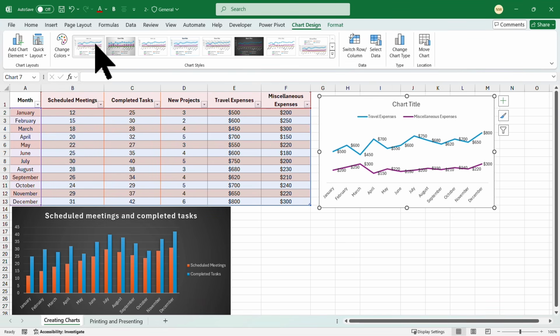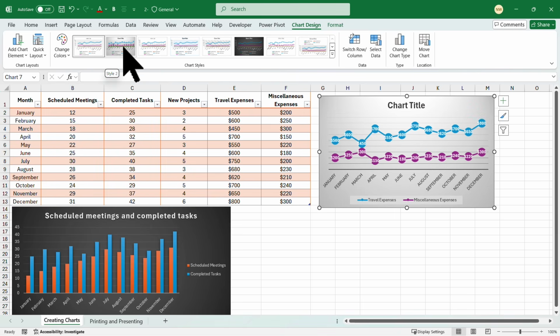And I can go ahead and give it a quick style as well. I can even change the colors. This one looks pretty cool. I'll go for this one. So style number 2. Now, what's really nice about these charts as well, on the right, we notice that we